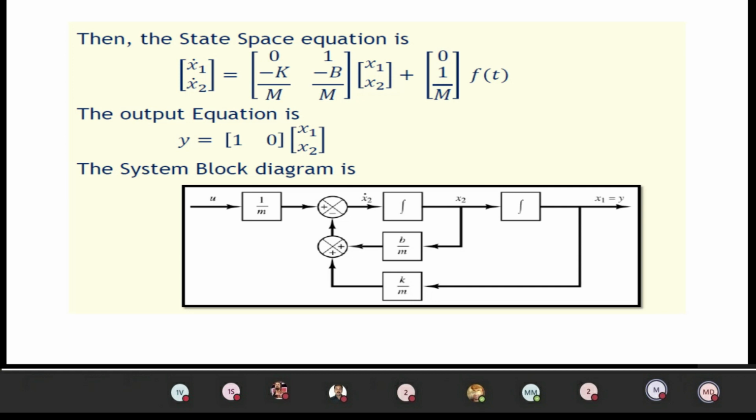So from this you can write the equation. Here x1 and x2, so the first equation we will be getting is L into dx1 divided by dt, right? From that you can write the state model and also you can write the output model. So for any given mechanical system and electrical system, you are able to write the state model. Okay, so that is what has been given here.